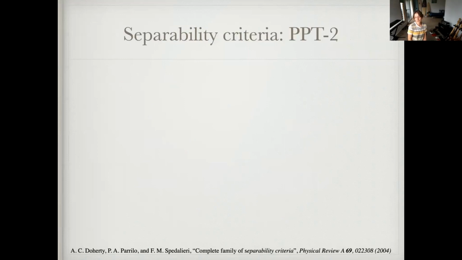All right, so let's say that you had a state and you wanted to test entanglement and you tried the PPT and it didn't work, in the sense that you did not detect entanglement. So it found that the minimal value of the trace of Z with the state is still positive. It doesn't mean that you should give up, because your state could still be entangled, but just was not witnessed by this criterion. So what you can do, and this was introduced by Doherty, Parrilo, and Spedalieri,